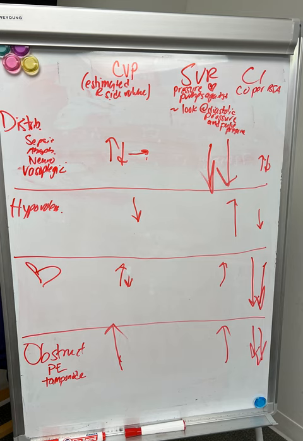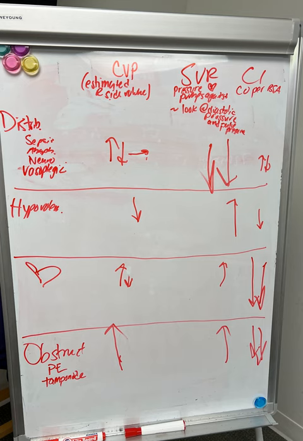All right, so we are talking about shock today. You got to tell me, how many types of shock are there? There are 4 types of shock. Very good. So what we're going to do is talk about every type of shock and take a look at the hemodynamic profile. But before we go into that,